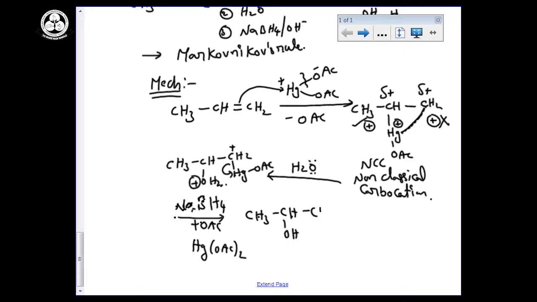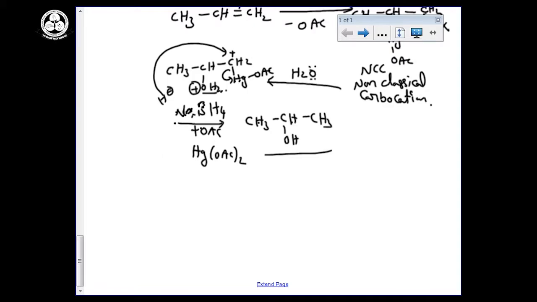So already here hydrogen will be there. That hydrogen I removed, hydride like H minus, sodium borohydride, the name itself, it can give H minus, that H minus will be attacking here, and here you can remove H plus, and you can get the secondary alcohol. So we are following the Markovnikov rule.